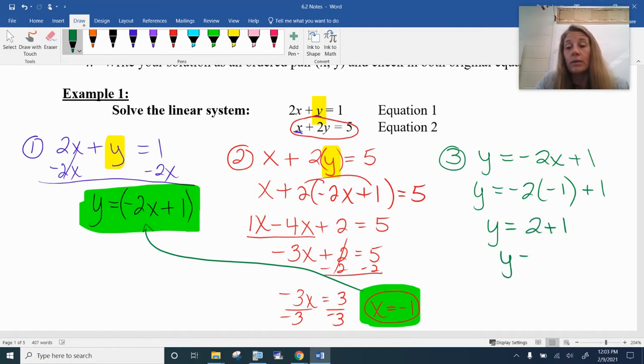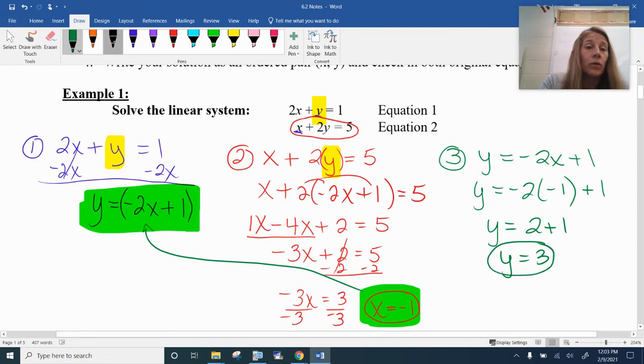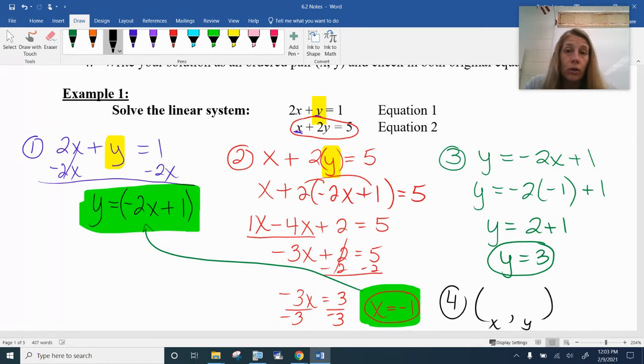2 plus 1 is 3. So then we get the remaining value. And then, of course, finally, you want to write this down as your ordered pair, obviously in x, y ordered pair. So we know the x is -1, and we found a y, which was +3, so that should be